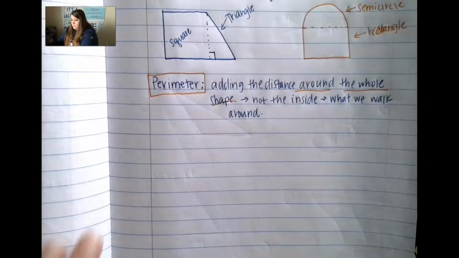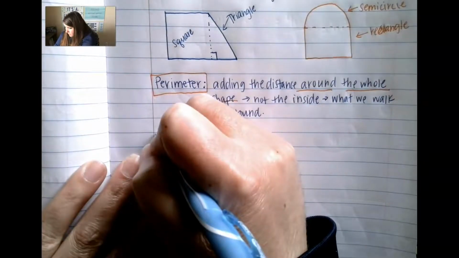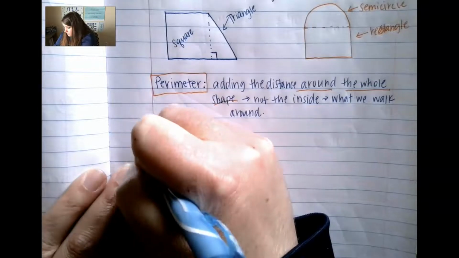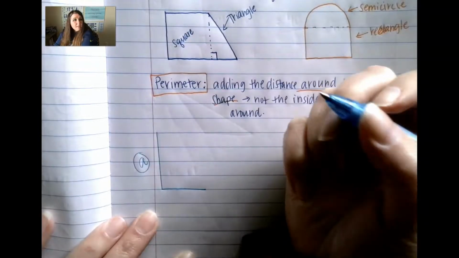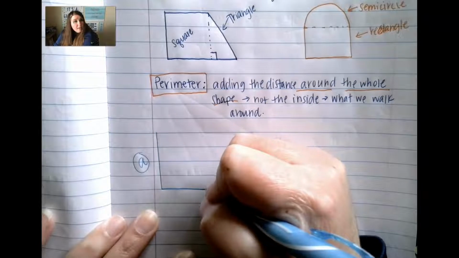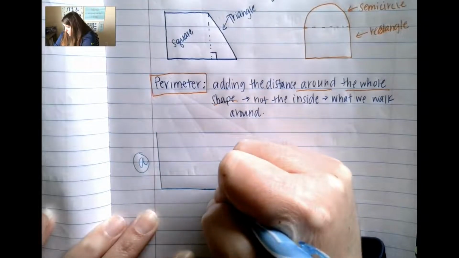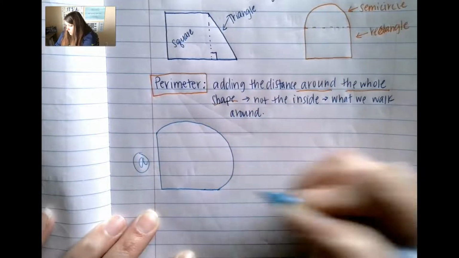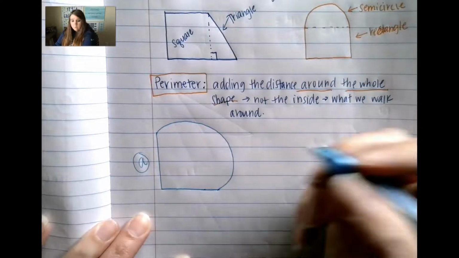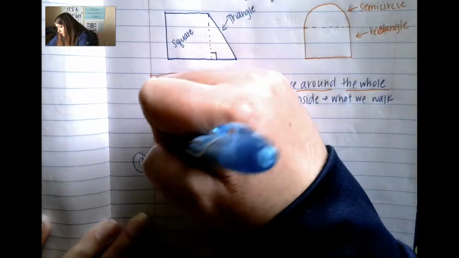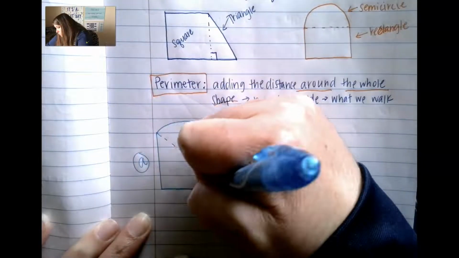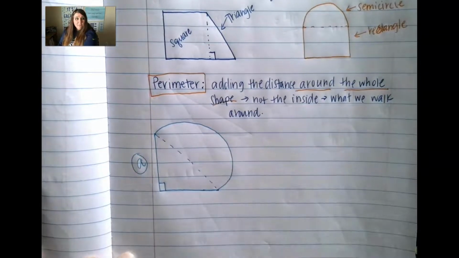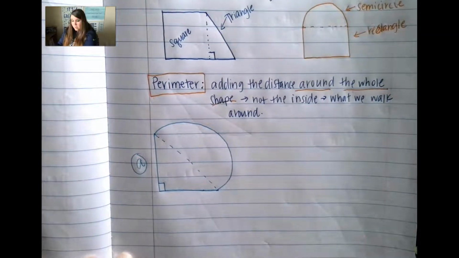And this figure that we have is example A. Okay, so we're looking at example A. Example A happens to look like this, almost like a baseball diamond. Okay, the outfield. There we go. All right, so this figure here is made up of